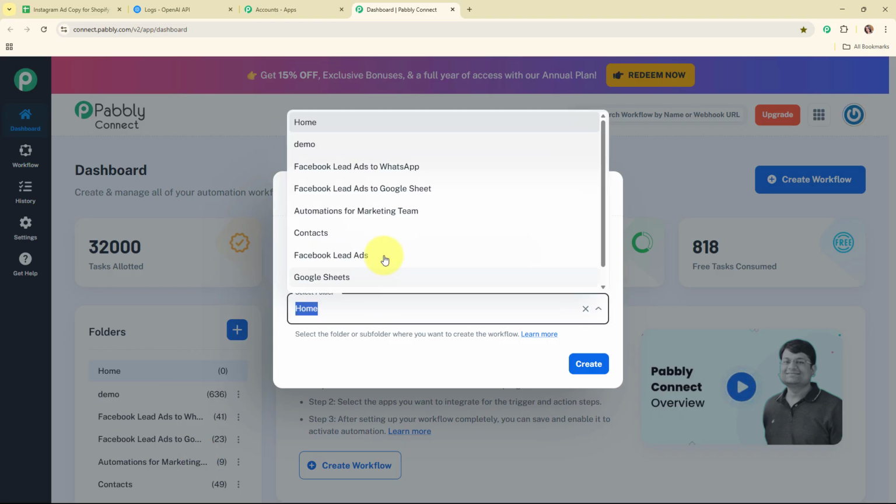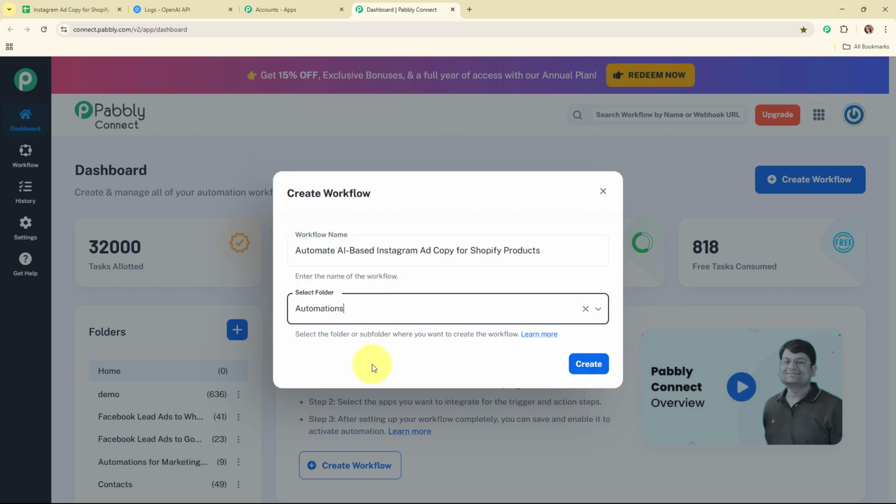So in this particular case, I'm going to select my folder as automations. You can select the folder as per your need. Also, you can create multiple folders to save your workflows accordingly. And now here to learn how to create a new folder inside Pabbly Connect, you have to click on this